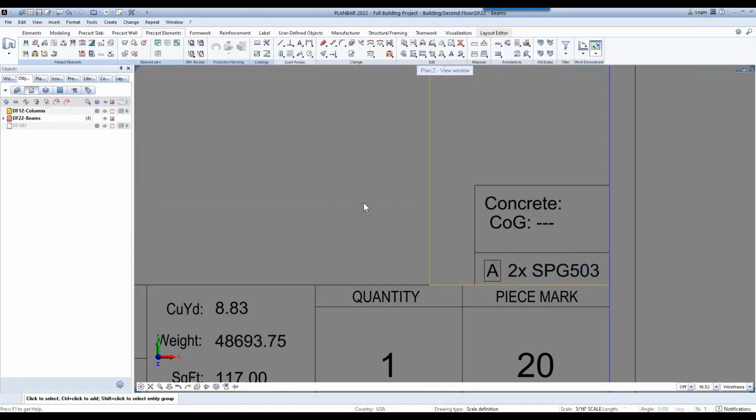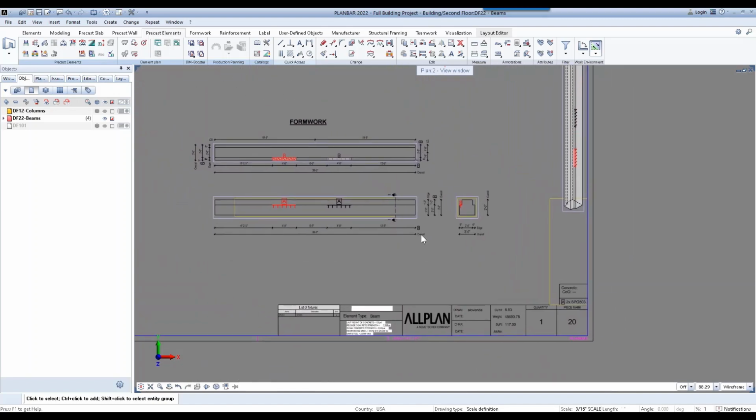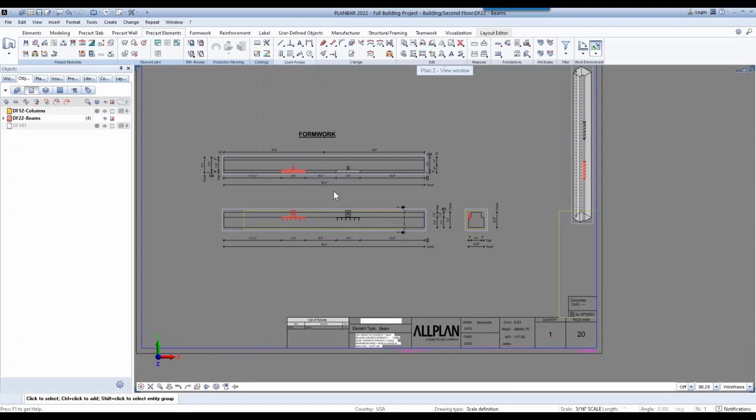So again, everything is linked, and when you update the model, the shop drawing updates, and if you make a change in the drawing, the model updates as well as the quantities. So it's an incredibly nice thing. Having a fully linked model not only saves you time, but it also reduces the amount of errors. You don't have to go and switch back and forth between models and drawings in different sections. You can make the changes once, and all the updates happen automatically for you.